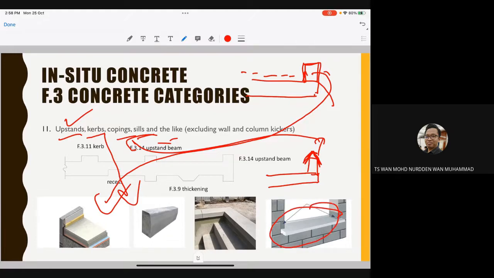Okay, bawah window tu, so dia akan ada concrete seal lah kalau kita buat concrete lah. Kalau tiba kita tak discuss dengan kat F.3